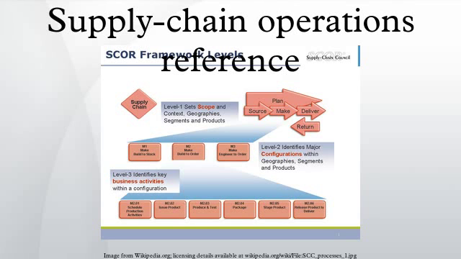Supply Chain Operations Reference Model is a process reference model for supply chain management. This reference model enables users to address, improve, and communicate supply chain management practices within and between all interested parties in the extended enterprise. The Supply Chain Operations Reference Model was developed in 1996 by the management consulting firm PRTM,